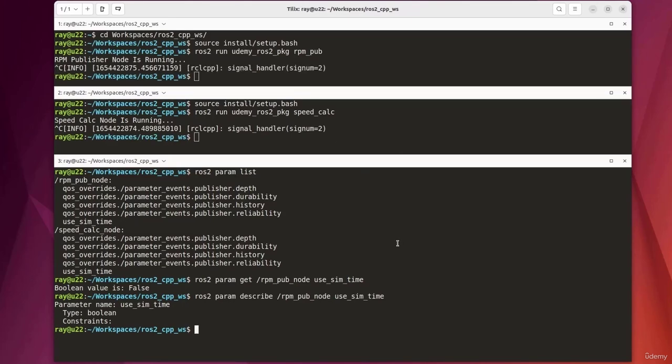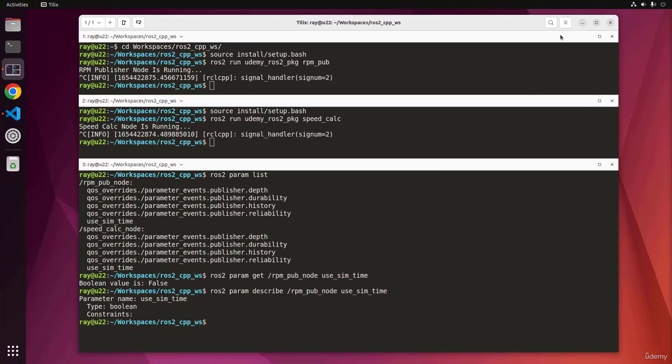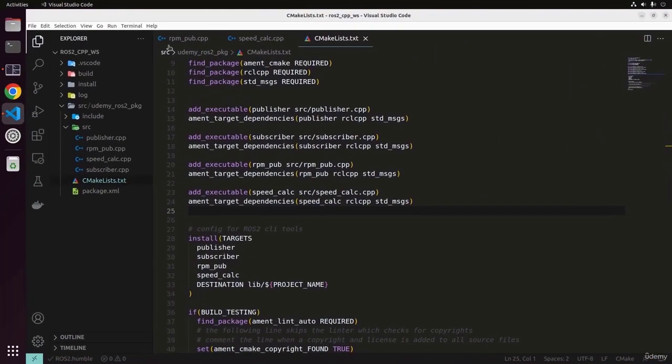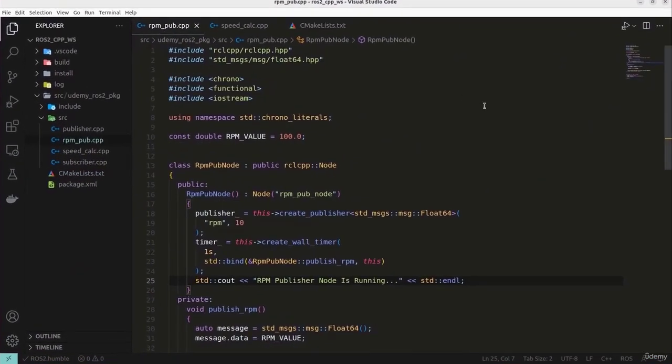Alright, so how can parameters be useful for us in our ROS code? Well, in my RPM publisher node that I did in the project walkthrough, I hard-coded the value of our RPM to simulate a wheel encoder sensor going at a constant rate. Instead, let's use a parameter so that if someone wants to change the RPM value, they don't have to edit